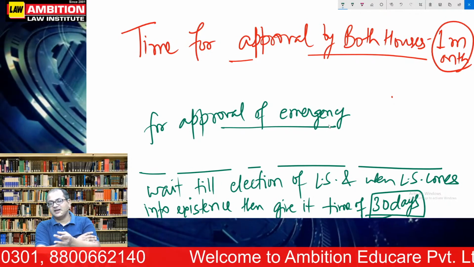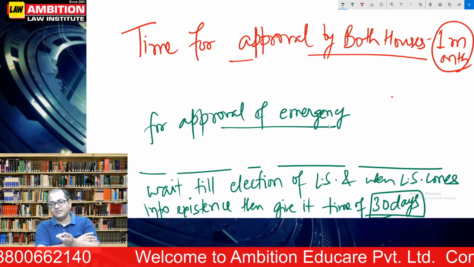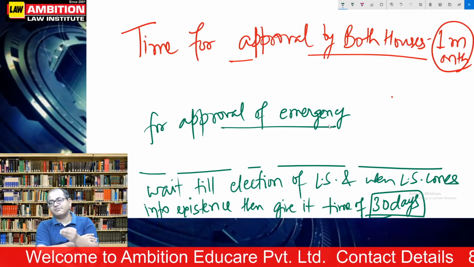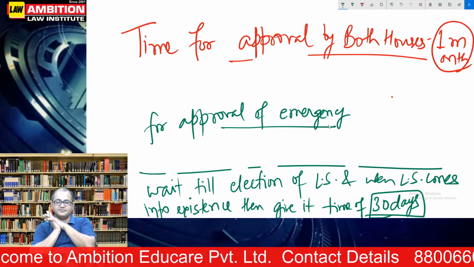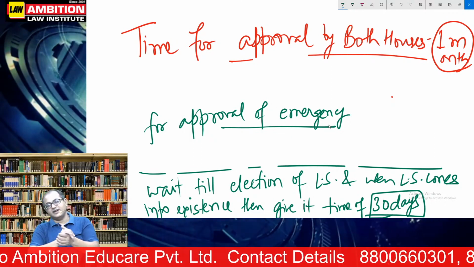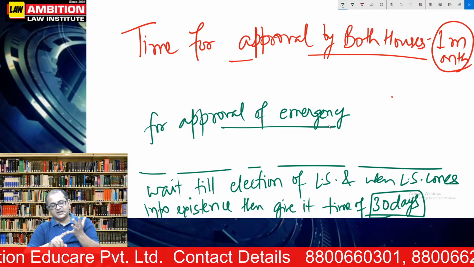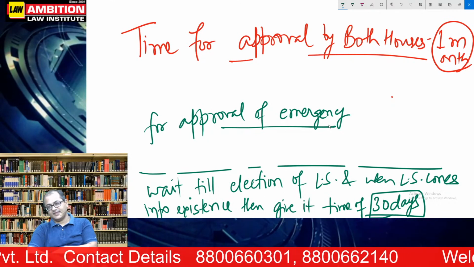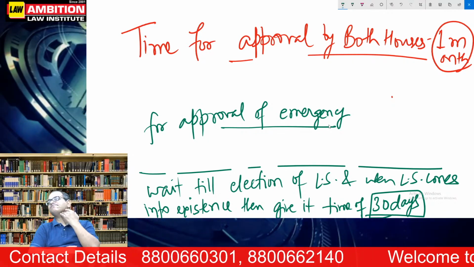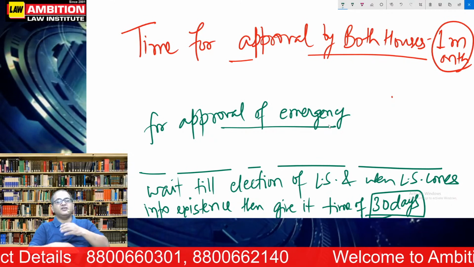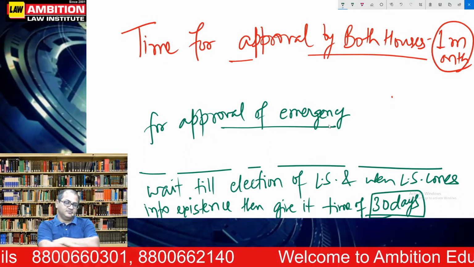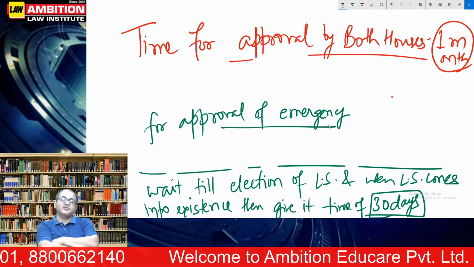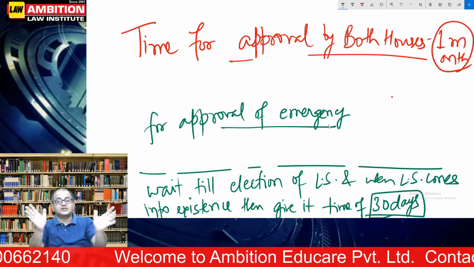तो फरवरी का महीना गया, मार्च गया, अप्रैल गया, मई गया, जून गया, जुलाई तक चलेगा ये, ठीक है। अब आप जुलाई के पहले दोनों हाउस से अप्रूवल करा दो, तो फिर जुलाई से 6 महीने चलेगा ये। अगस्त, सितंबर, अक्टूबर, नवंबर, दिसंबर, जनवरी तक चलेगा अब ये। सपोज करो कि इस अगस्त से जनवरी जो नेक्स्ट 6 मंथ्स था, उसमें फिर से लोकसभा डिसॉल्व हो गई और लोकसभा अप्रूव नहीं कर पाया।